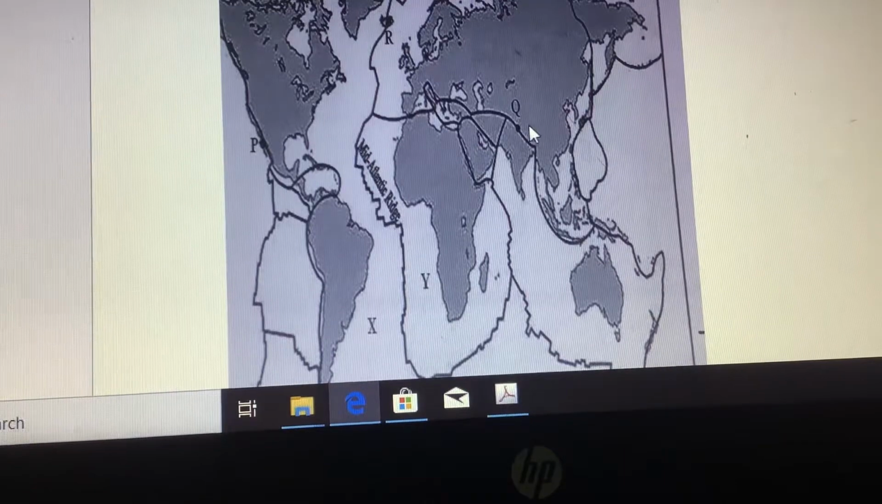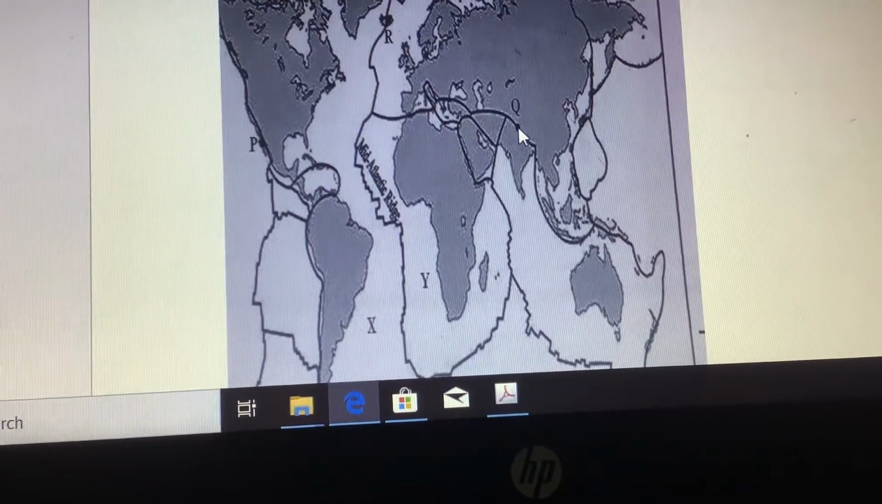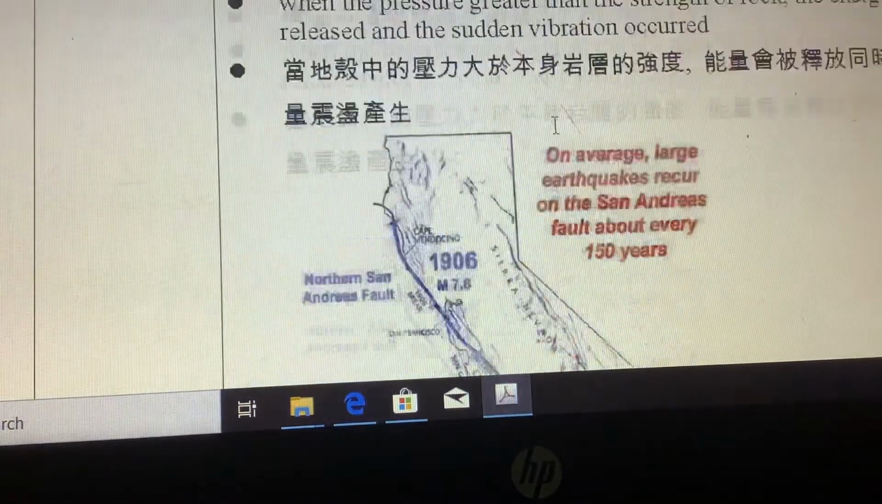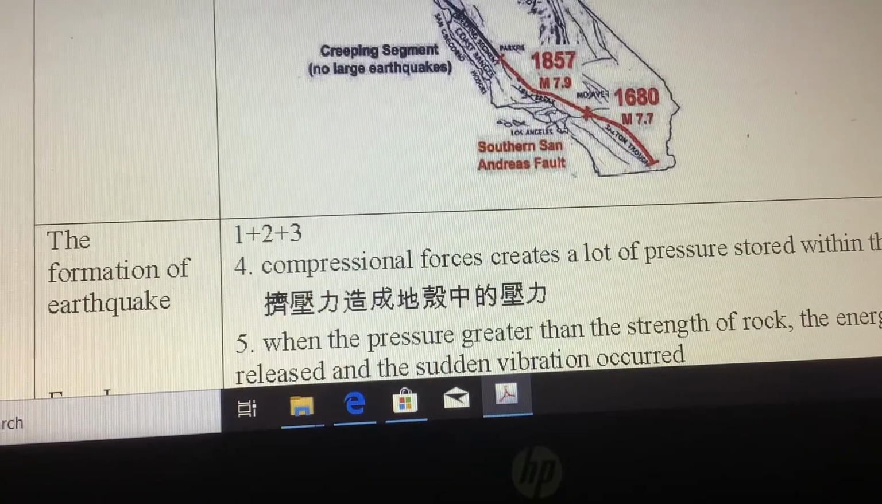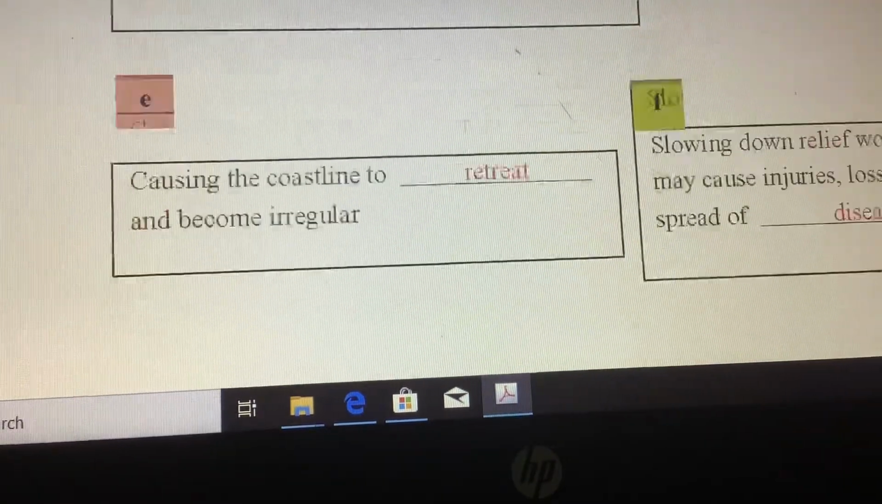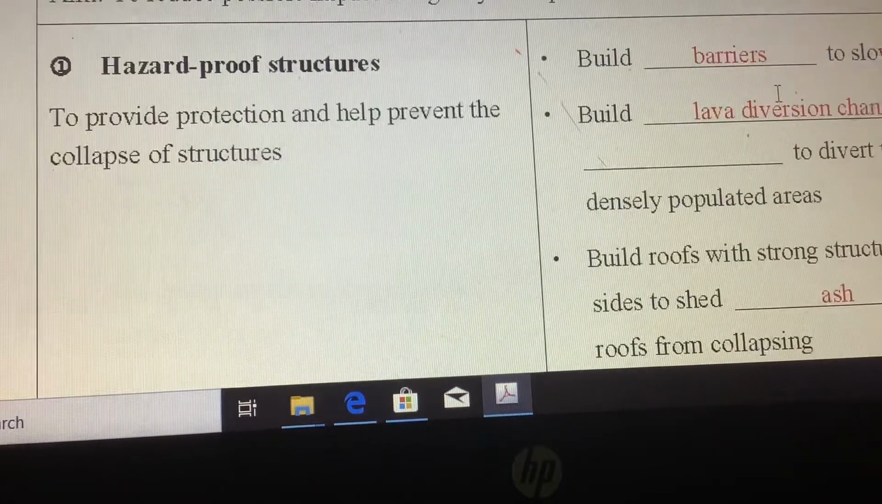Let's check out where Q is. Q is right here. Wow. Q, this one is the Himalayas. The Himalayas is a fold mountain. If you still forget which is which, please check out the general